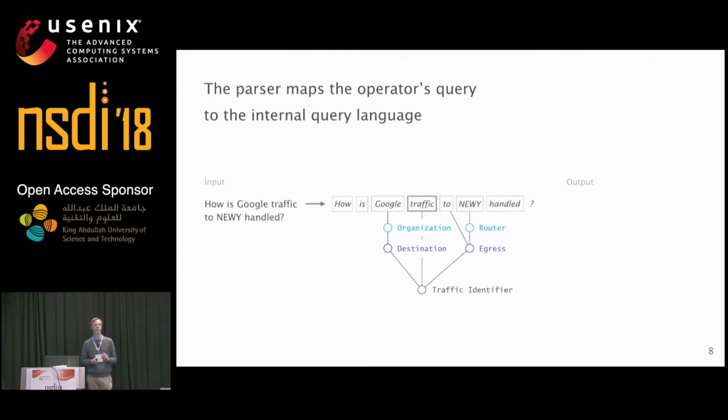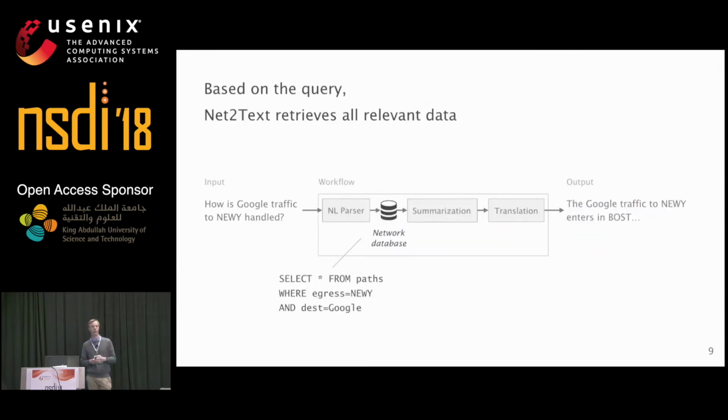On the other hand, we also need to understand what kind of an answer the operator expects. And this is the query type. Here we have a "how", so the operator wants an explanation of what is going on. At the moment, we support 4 query types, so we're a bit restricted in the questions you can ask, or you can quite easily ask a question which we cannot understand, because you can phrase the same question in many different ways. So at the moment, we have 4 types of questions, and you can find all the details on them in the paper. Once we finish parsing the question, we can map it to an internal query, which is very much like SQL. And this we then run on the network database.